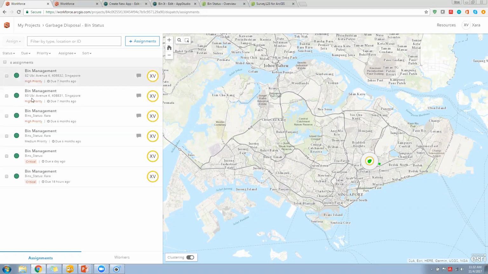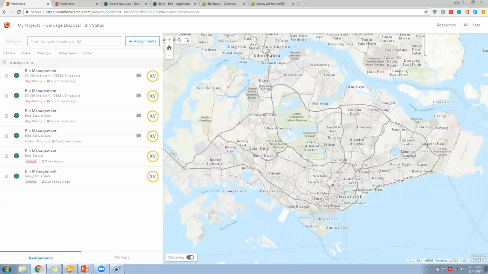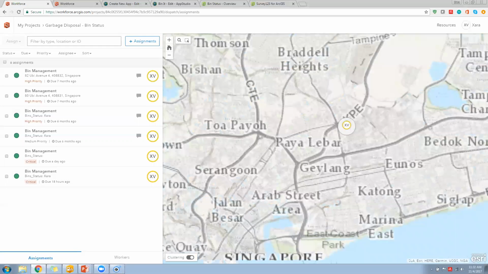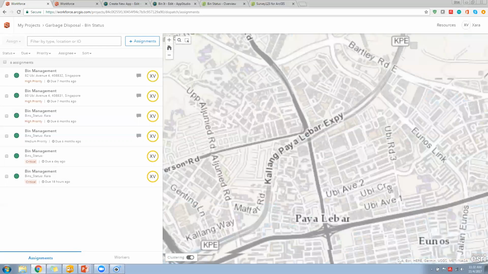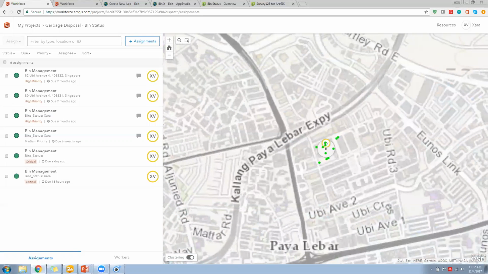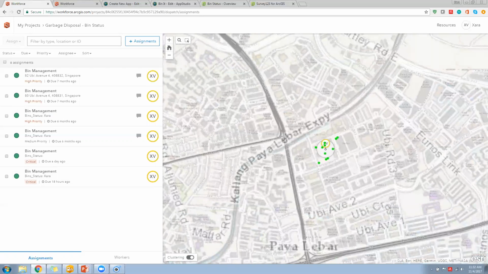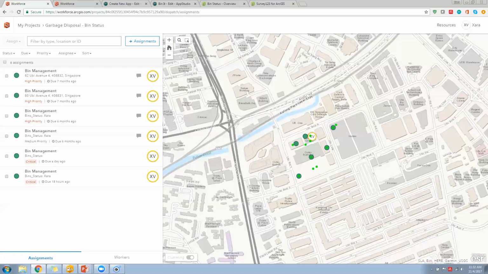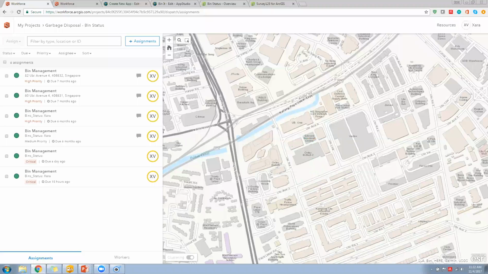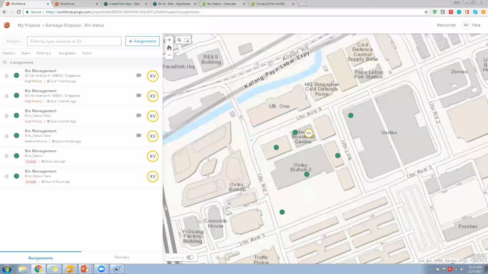So basically, these are the completed assignments, which also contain their priority information as I have set. So on the map, I can also have a look as to where they are located, as well as where my current workers are located. So I have one worker here who is on break, as signified by the yellow circle around the username of that particular worker.